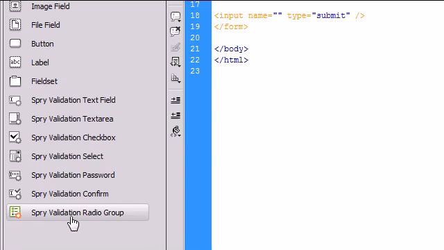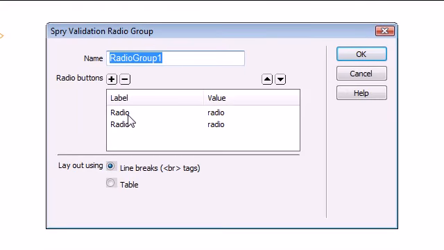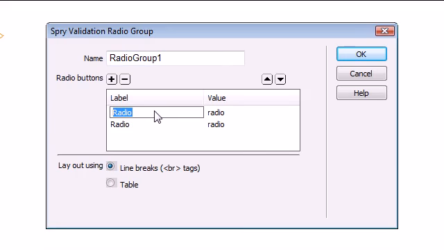So to get started, we click on a Spry validation radio group over here to the left, and you can see it pops up with some options for us to tell Dreamweaver exactly what we want to put inside of our radio group. And in this example, we're gonna create a radio group that has a list of different shipping companies. So USPS, FedEx,